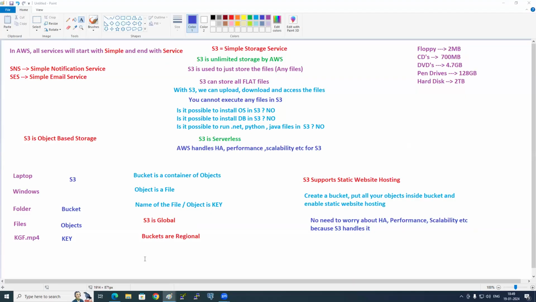S3 is server based or serverless? So what do we create in S3? Buckets. What does the bucket contain? What is the name of the object called? Key. S3 is what based storage? Object based storage. Does S3 support static website hosting? Yes. Do we need to worry about the performance of S3 and all? No. What is hard disk called?